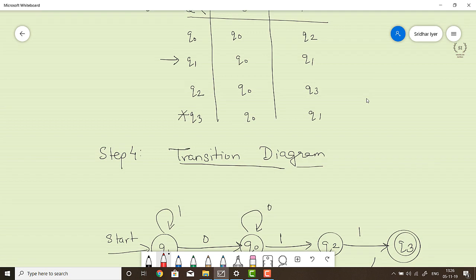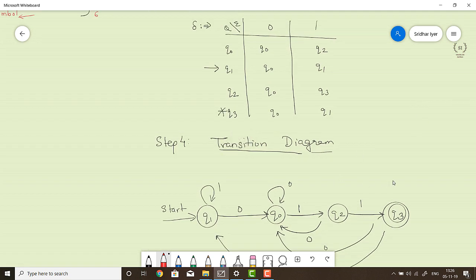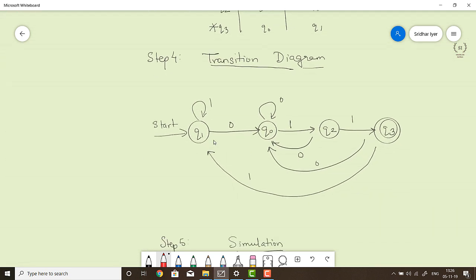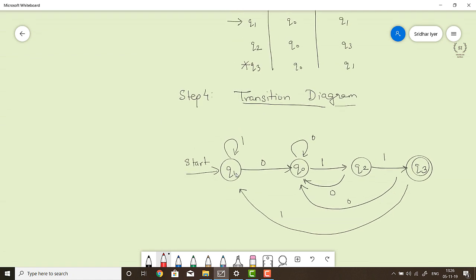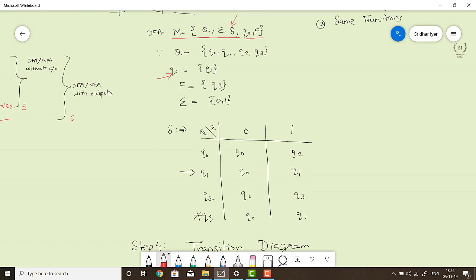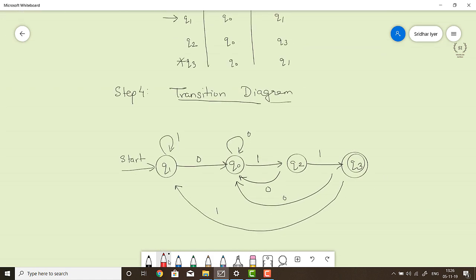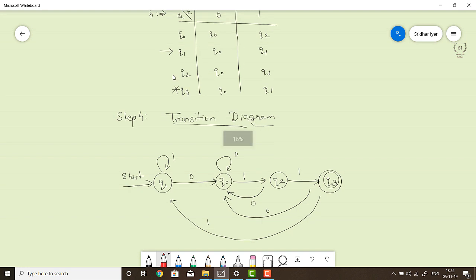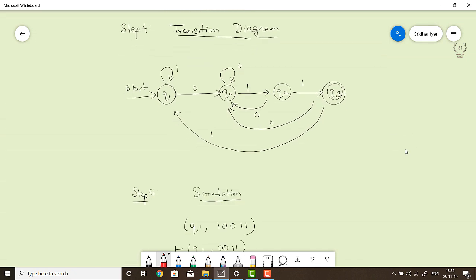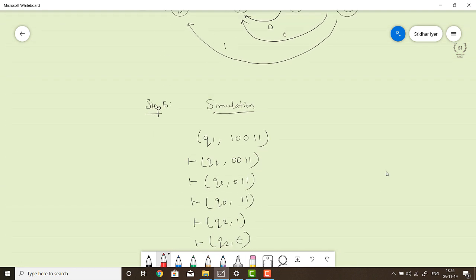Clear? So based upon that transition function, we know how to draw a transition diagram. It's very simple. Pay attention over here. Now the initial state is not QS or Q0, it is Q1 because we are referring to this particular tuple, where Q0 is nothing but Q1. So the initial state is nothing but Q1. So we have to start our transition from Q1. It's already marked over here. You can see the marking over here which signifies that Q1 is the initial state. So this is how a transition diagram is drawn in case of a DFA, and the final step also remains the same,